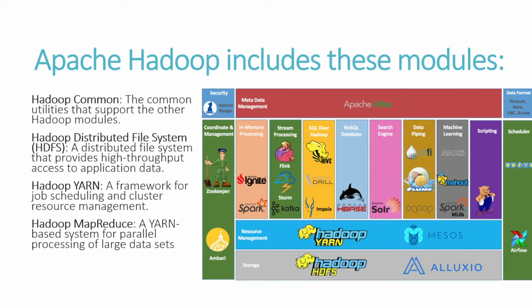So that's pretty important. To the leftmost top here, we talk about Apache Ranger, which takes care of the whole ecosystem security. So giving access to people, giving access to certain data sets, all that can be taken care of by Apache Ranger. To the rightmost, we look at the data formats such as Parquet, Avro, ORC, and Arrow. I haven't heard of Arrow, but the Parquet and